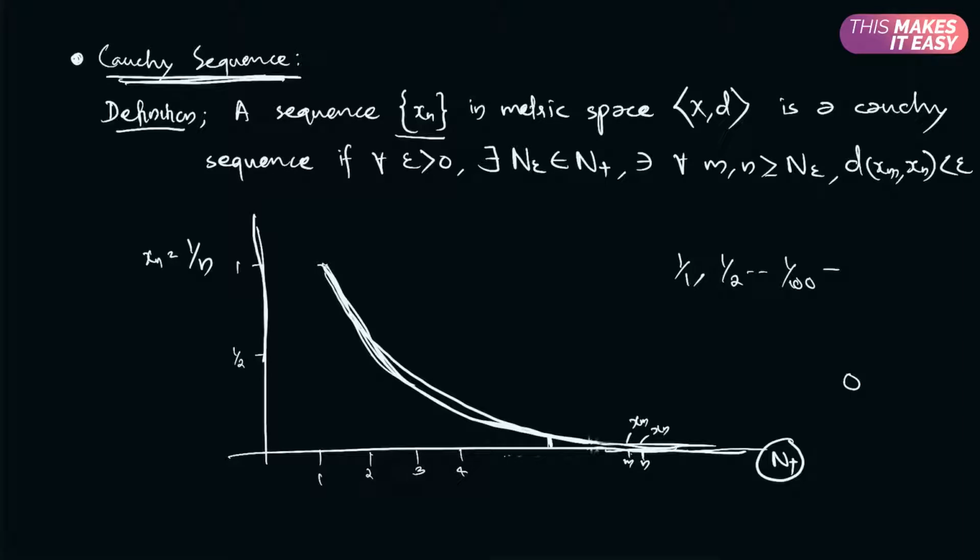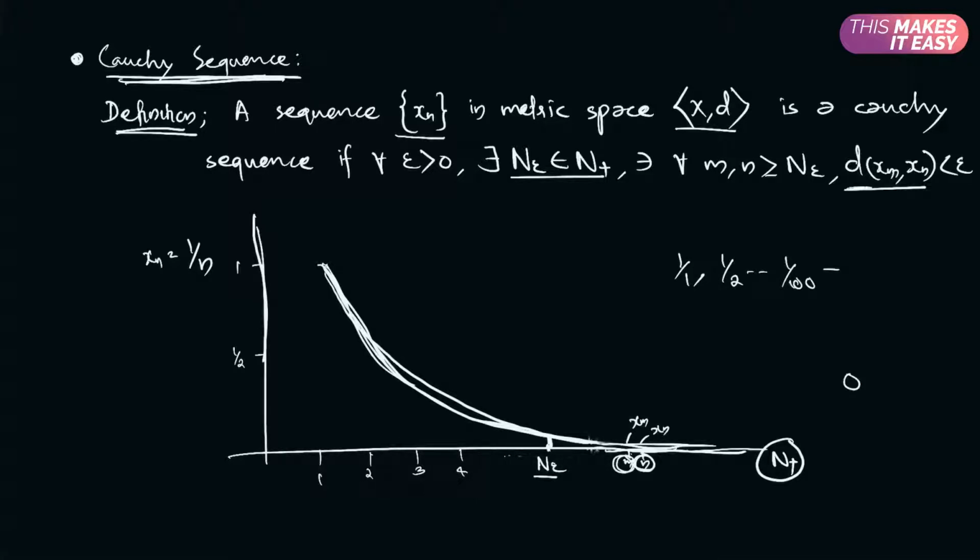Now let us read the mathematical definition of a Cauchy sequence. A sequence xn in a metric space (X, d) is a Cauchy sequence if for all epsilon greater than 0, take any epsilon greater than 0, there exists N epsilon, an element of the positive natural numbers, such that for all m and n greater than N epsilon,